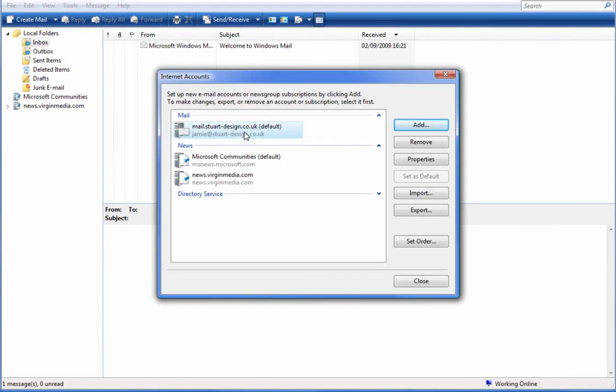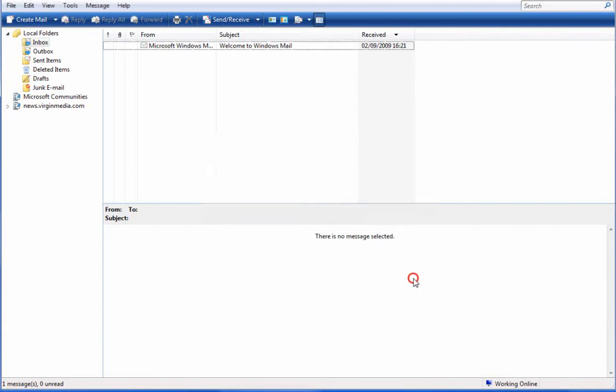And then you'll see you have mail.stuartdesign.co.uk as your primary account, and as you can see, it will automatically go to default unless you have others set up, and it will also tell you the email address underneath. So once you've done that, click on close,